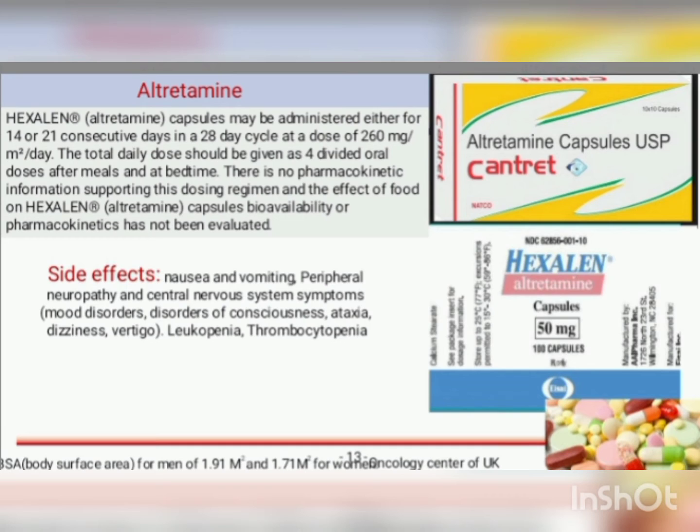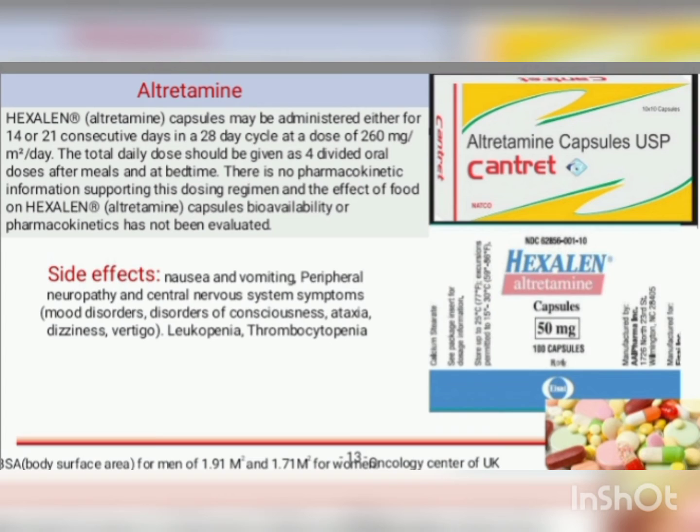Altretamine capsule may be administered either for 14 or 21 consecutive days in 28-day cycles at doses of 260 mg per meter squared per day. The total daily dose should be given as 4 divided oral doses after meals and at bedtime. There is no pharmacokinetic information supporting this dosing regimen, and the effect of food on Hexalen capsule availability or